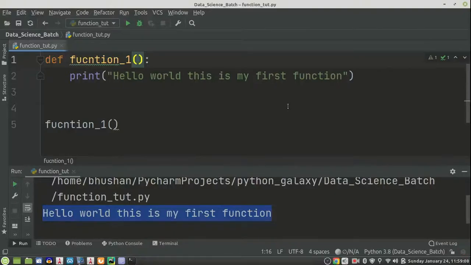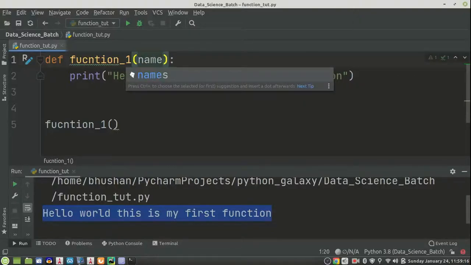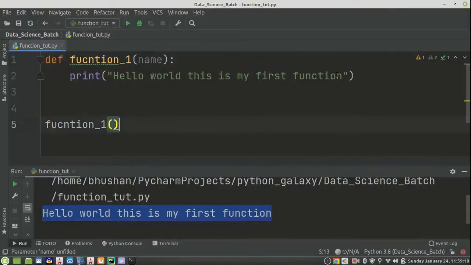But here no need to bother about that. So suppose I write name. If you already watched my previous video, then you can easily make these things.